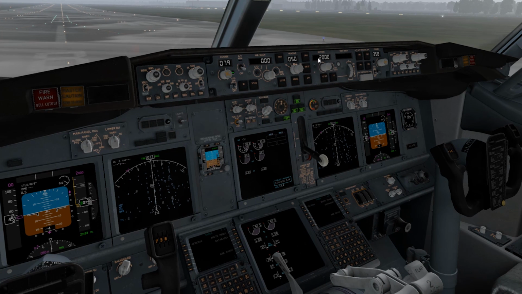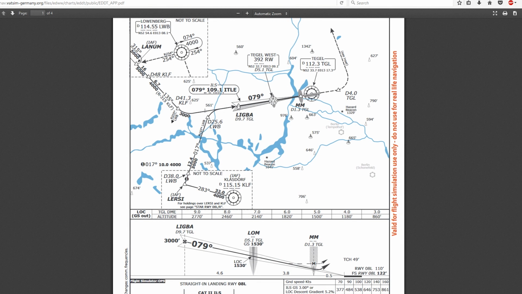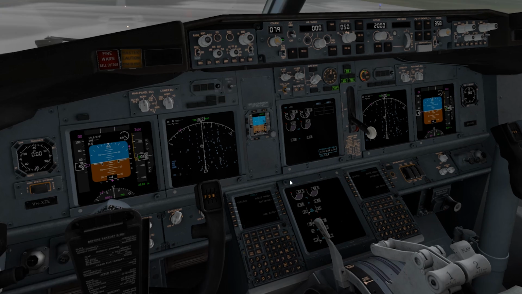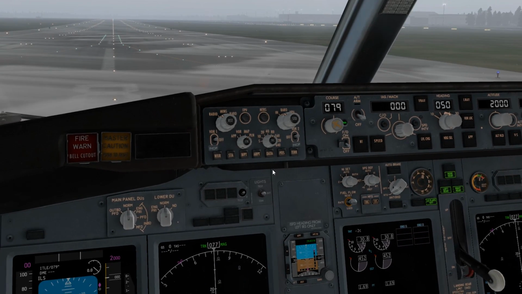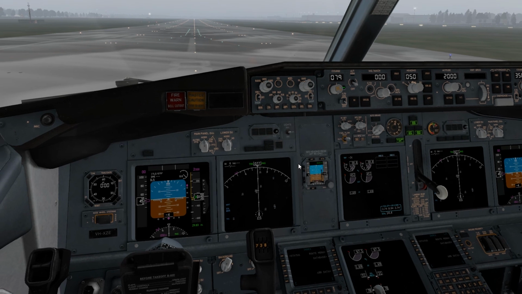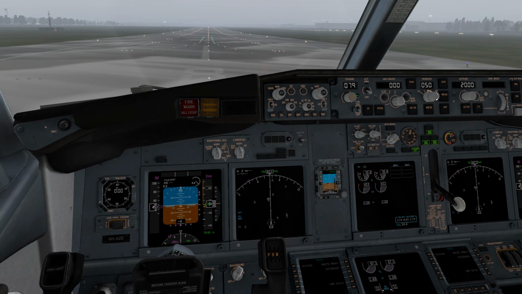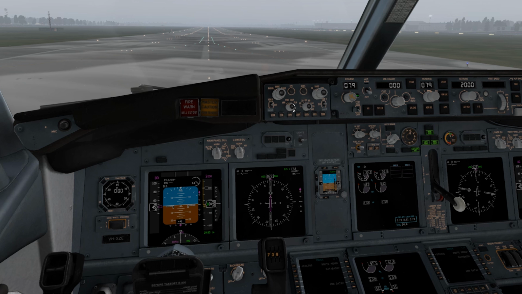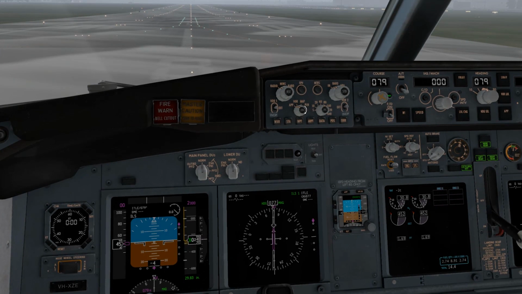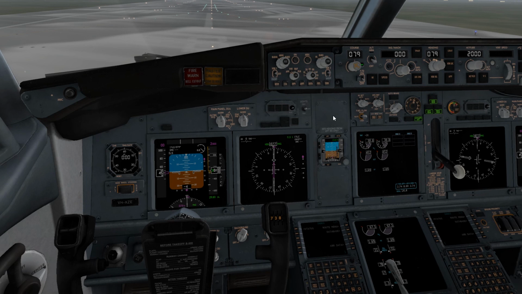I'm not gonna go to 3000 as over here, because I don't think I'm gonna even reach the waypoint. I'm gonna ignore the waypoints. So what I'm gonna do is take off, fly runway heading, which is 079. Actually, let's switch this. I can't. Oh, isn't that something? Well, there you go. I'm gonna be using this one for the time being. Okay, I'll be using this one. It's gonna be easier for me to